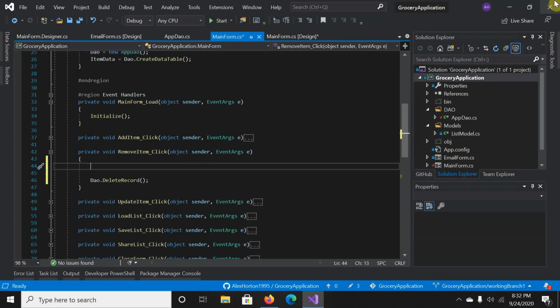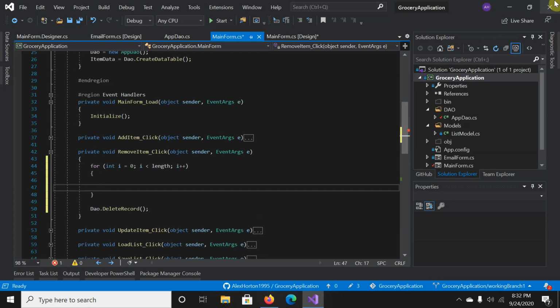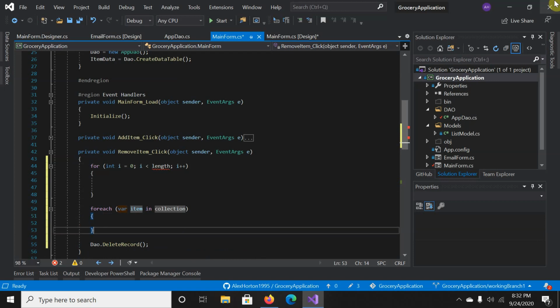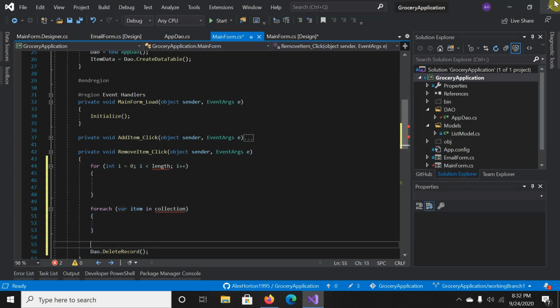So first, to find out which one we need to go through, we need to create a loop. There's a few different kinds of loops that you can do in C#. There's for loops. There's for each. And then there's while and do loops and stuff, and I won't go through those. So what I want to do is, the difference between these two